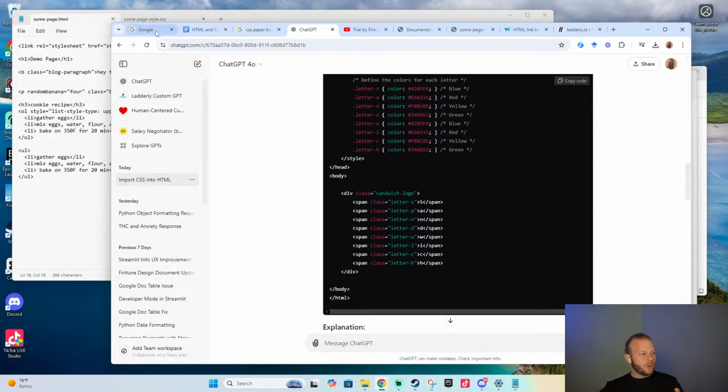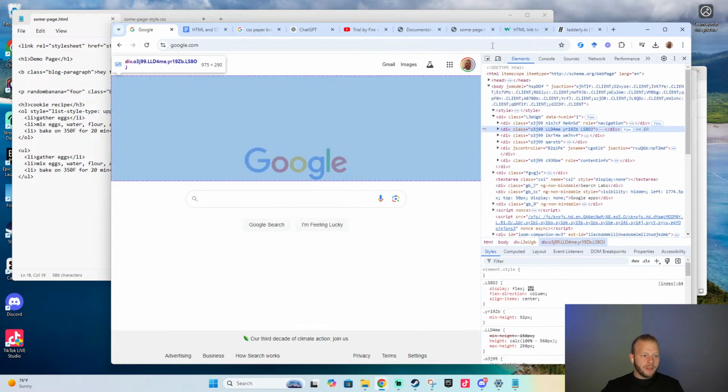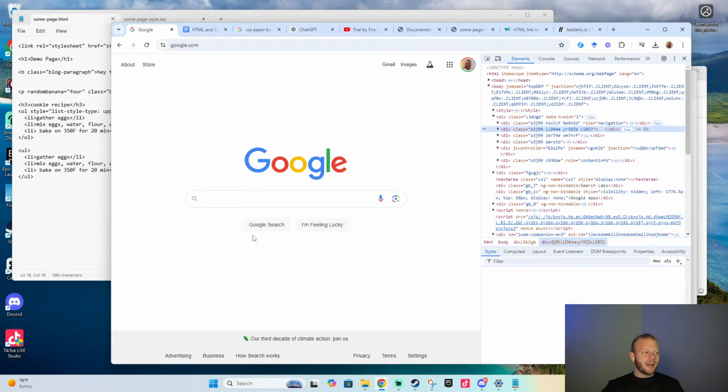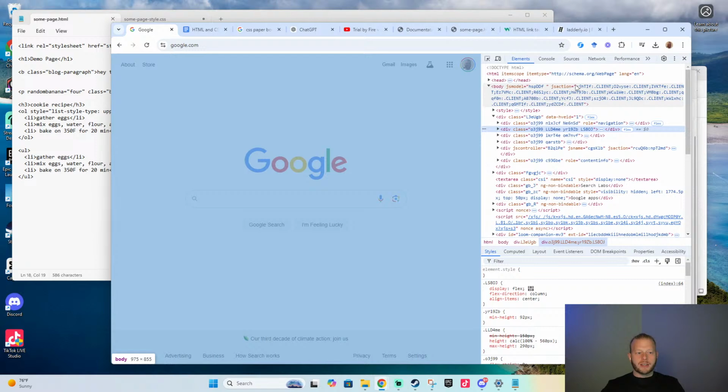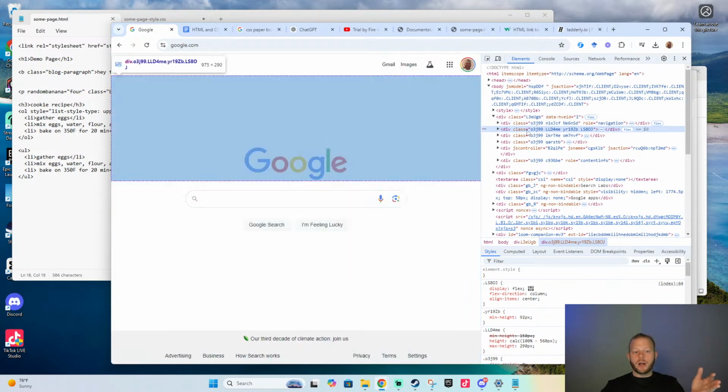So this word Google, it's sort of in the middle of the page, almost vertically and horizontally, right? So how do they do that? Well, they have these letters, and let me tell you what I'm doing right now. Right click and inspect. I can look at the HTML and CSS that the Google page is using. So I could just go copy it if I want to. But notice here,